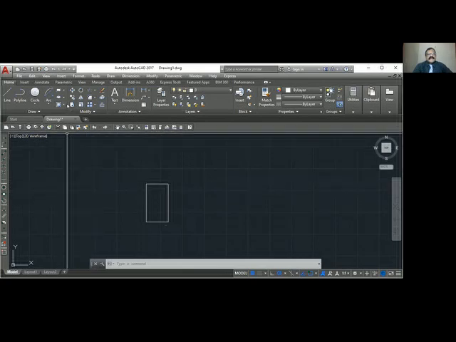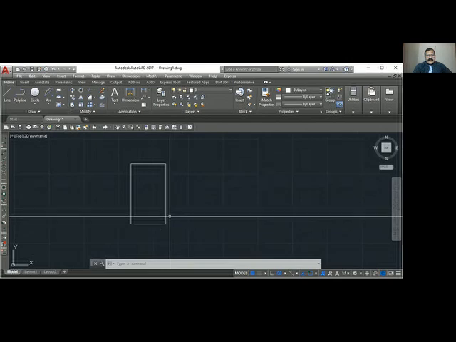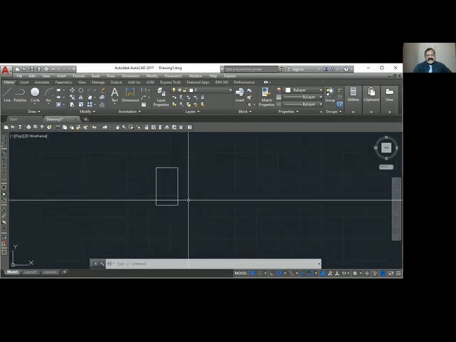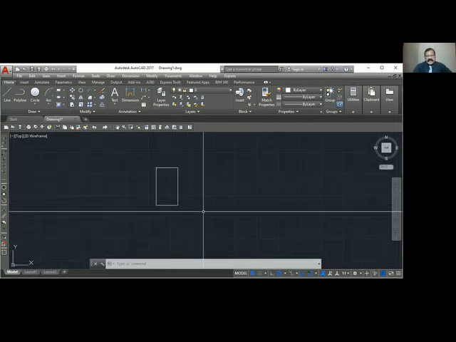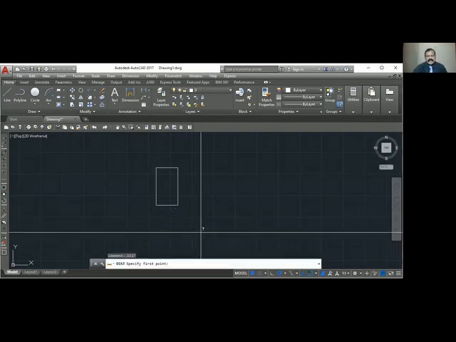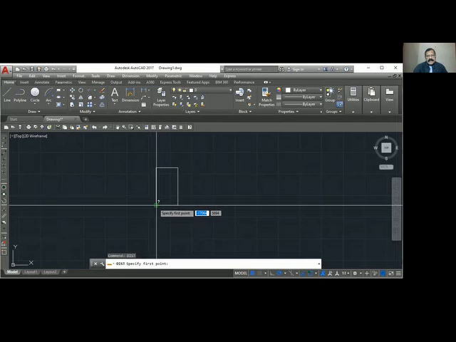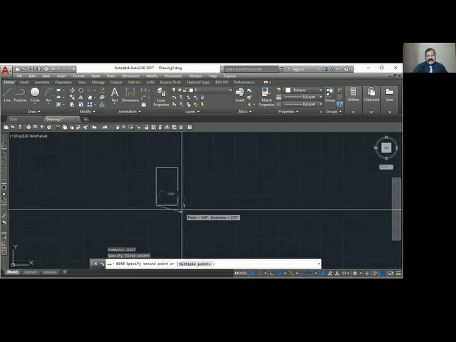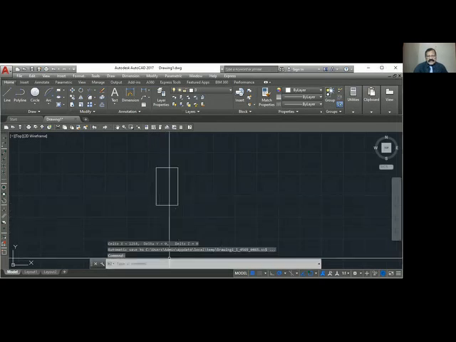Now the next one is stretch. I want to see what the distance is. To find the distance between 2 points, we use a command called DIST, distance. Write down DIST, distance, to find the distance between 2 points. When I type distance, you show the first point and you show the second point. So the distance is